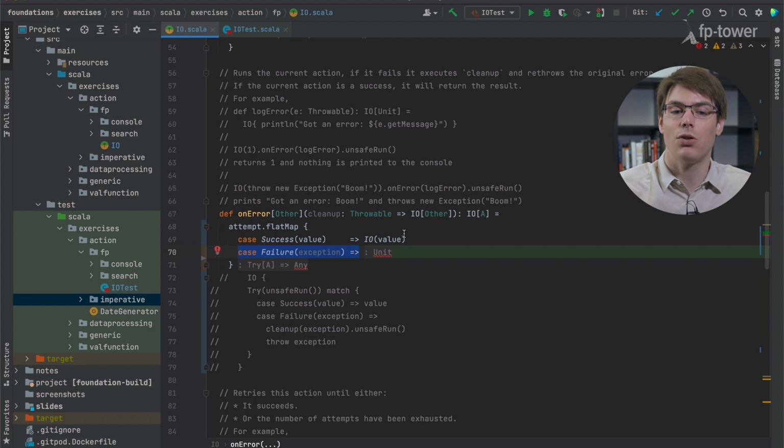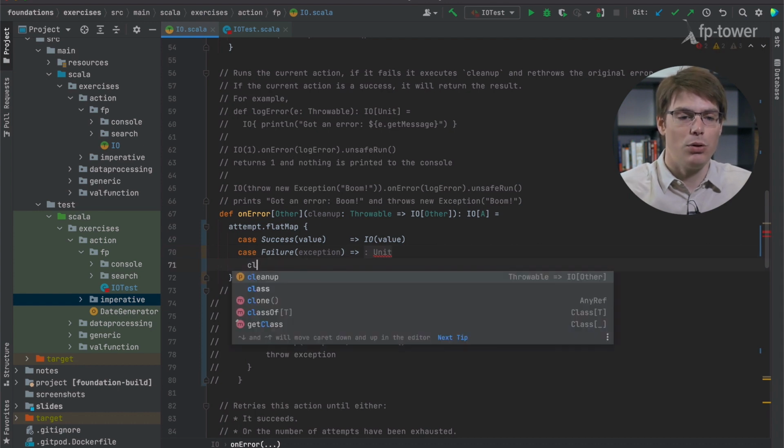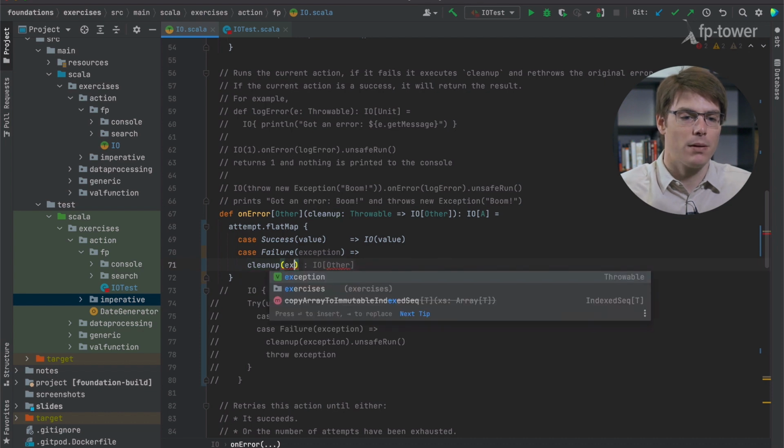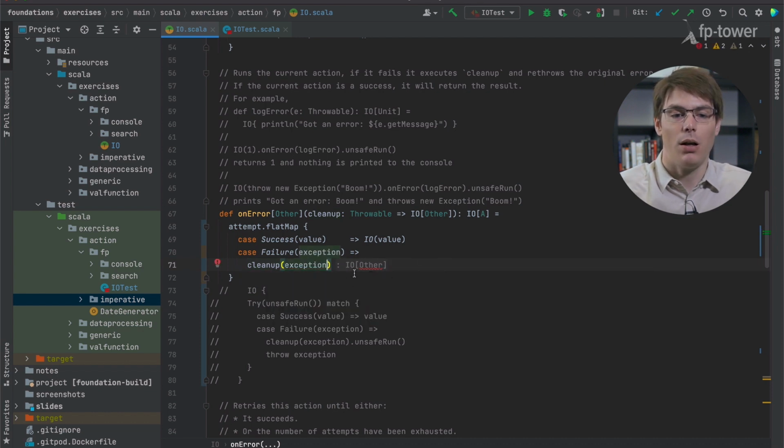It's going to execute the cleanup function. So we need to do actions on both branches of the pattern match. Now here, what do we want to do? We want to call the cleanup function. This gives us an IO of Other, but we don't care about it. Other, we're going to discard it. And then we want to rethrow the original error. So we want to rethrow this exception. So we're going to use the IO constructor, and inside of this, we'll throw the exception. So here, if you want, first we execute the cleanup function, and then we create an IO that will always